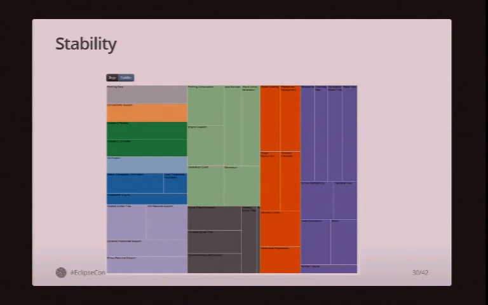So here you have a map of all the features, and you can see, for example, that some of them are more stable than others. So for example, right here, this small one here and there are the features matching the builder in the Axeleo parser and the Axeleo user interface. And you can see that those two are quite small areas because we have made several heavy refactoring in Axeleo